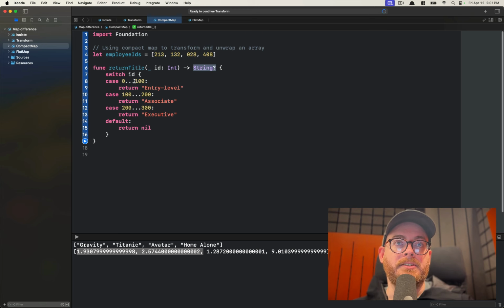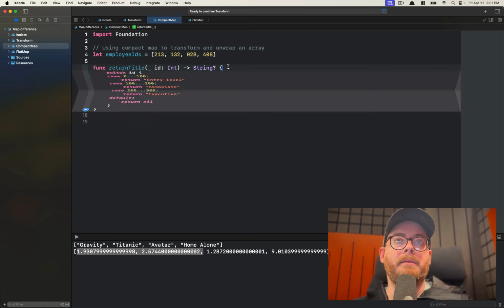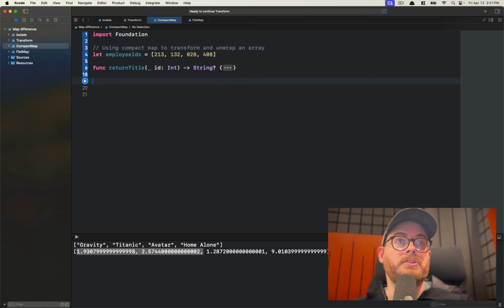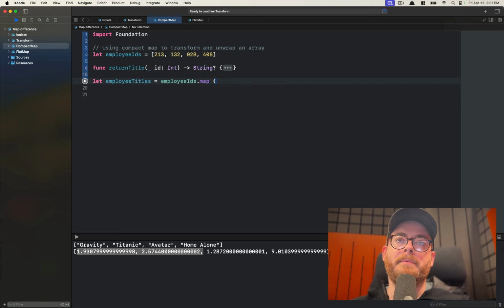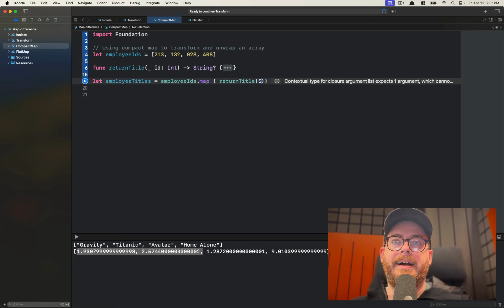In the case that it's 0 to 100, we're going to return entry level, associate, executive, or whatever number that it is. In the case that the employee ID is not any of those numbers, we're going to return a nil value. So it may be there, it may not, but when we call our map function, you'll see, we'll say let employee titles is employee IDs dot map, and we're just going to pass in our function here, return title with our ID,